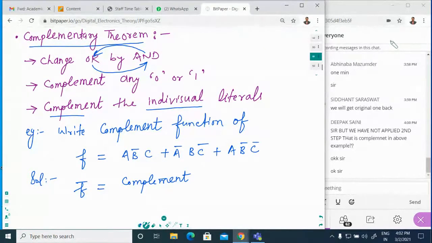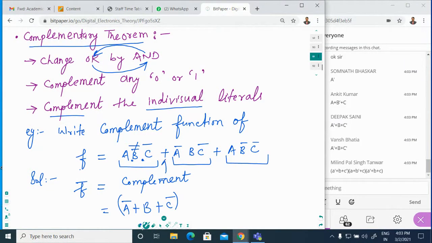So we have to complement the function right here. We have the function F, and we have written the expression like this. Quickly give your response on how you can complement this. There is an OR operation. That OR operation is to be converted into an AND operation by a dot. Then this A bar, and the bar will cancel out. It will give you the result as A. This is an AND operation right here.